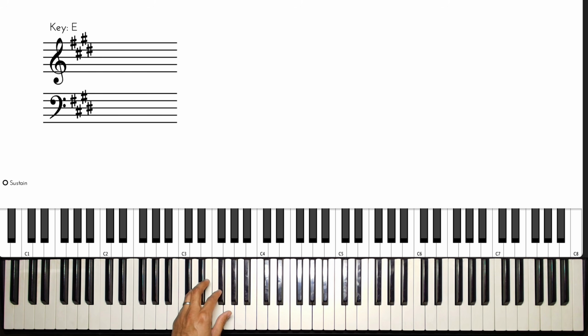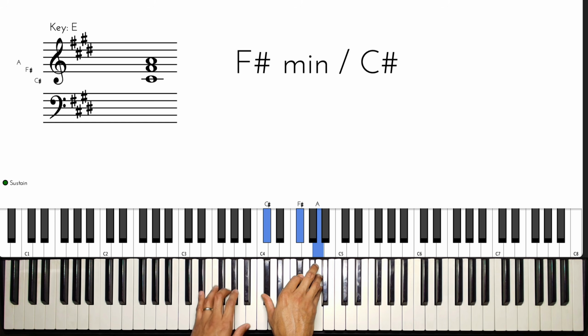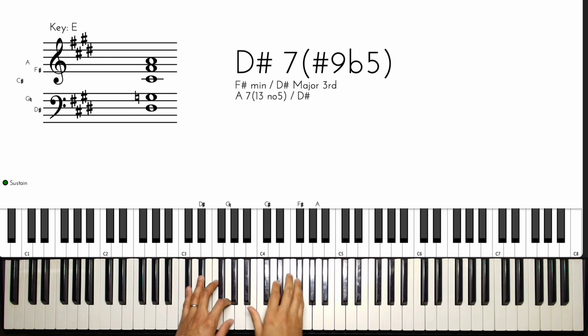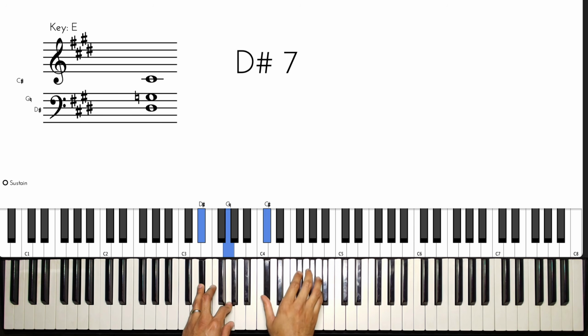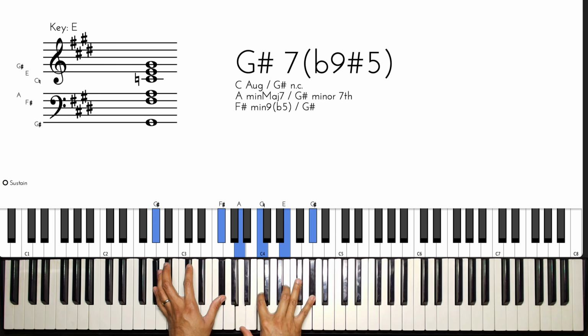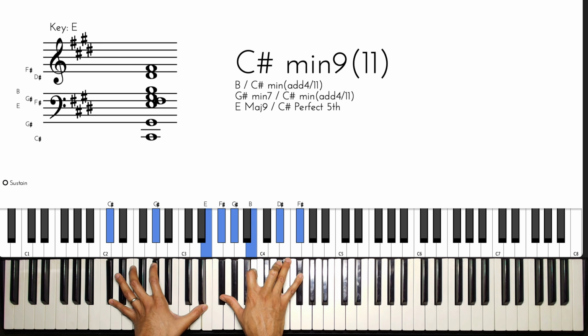So a minor 3rd up would be F sharp. Play a minor chord on top of D sharp and G. Then we play the 3, again another altered chord, and then the 6. So